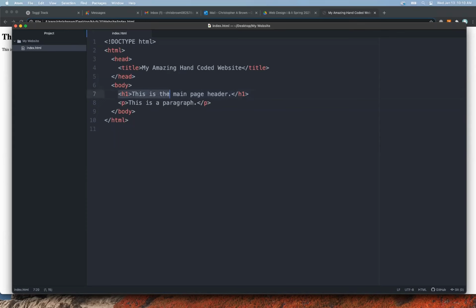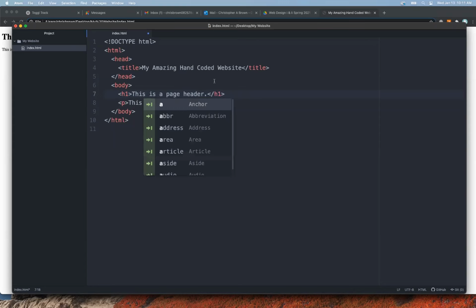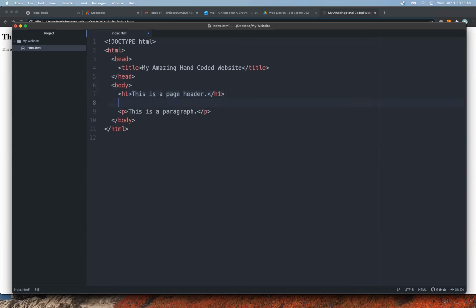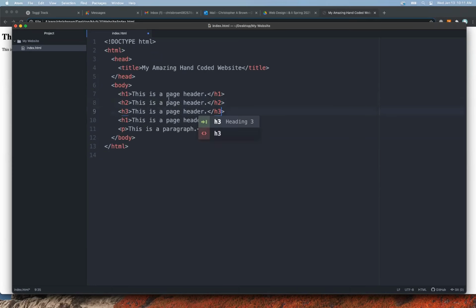So the different headers, H1, H2, H3, I'll show you. I'm going to copy, instead of this is the main page header, maybe I'll say this is a page header. Now I'm going to copy this H1 tag 3 different times, so I've got 4 total. I'm going to change it to H2, H3,